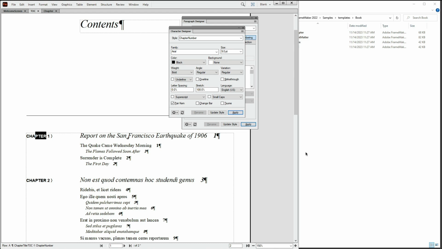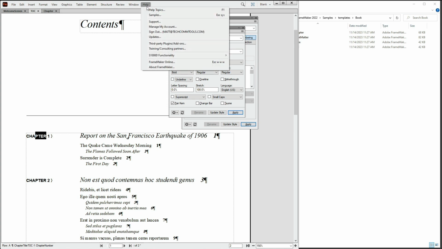Managing your numbering and your formatting in FrameMaker, especially when it comes to generated documents like a table of contents, can be a little tricky. Once you get it set, it works really well, and it does have a logic to it, but you need to know where to look. Right now, I've got two files open, the TOC and the chapter, from a FrameMaker sample file,